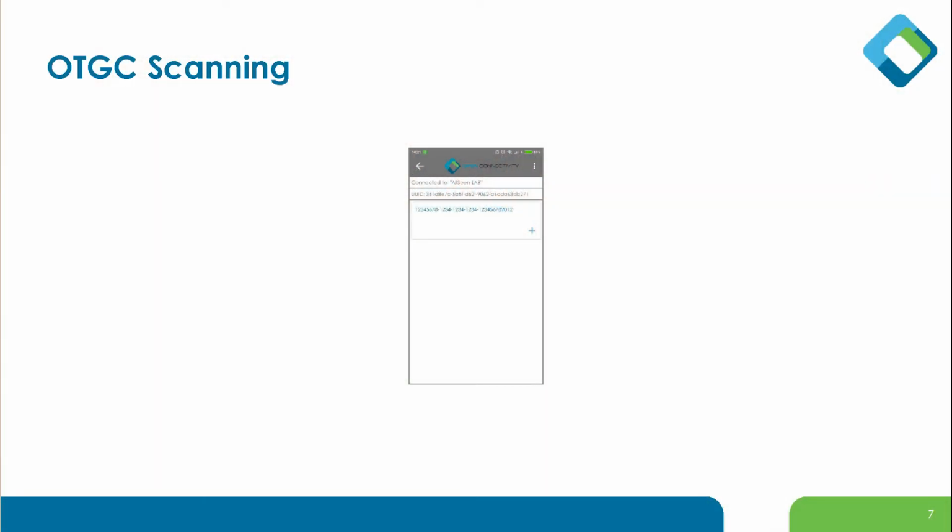The next screen is directly the scanning. So the OTGC is going to scan the different OCF devices on the network. This can be servers or clients. And you will see the device ID. In current version, we have in this screen additional information like a friendly name, if available,